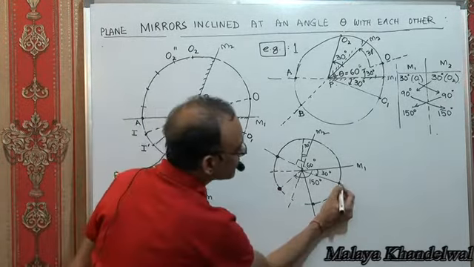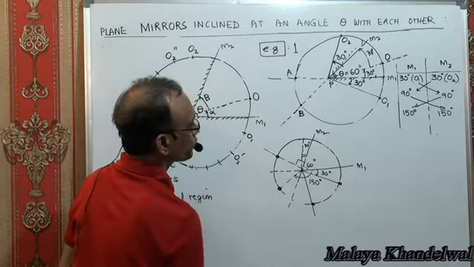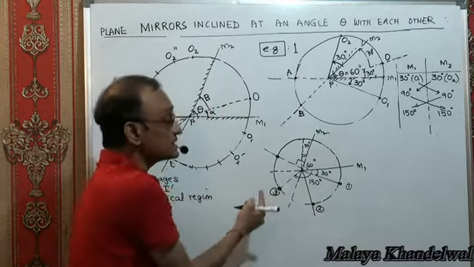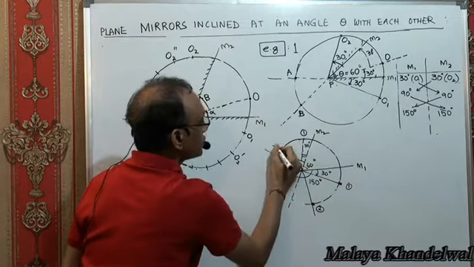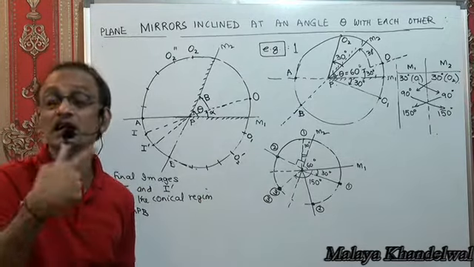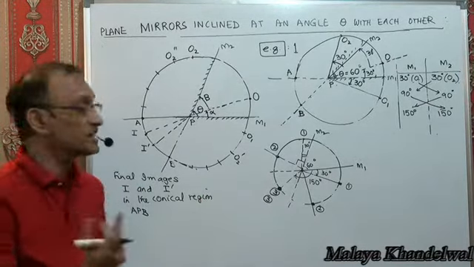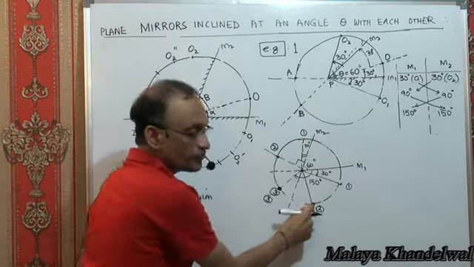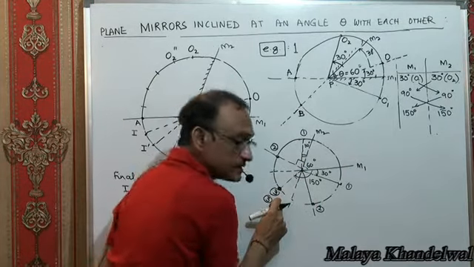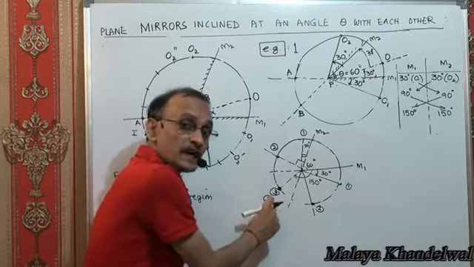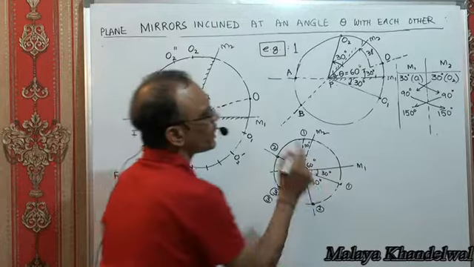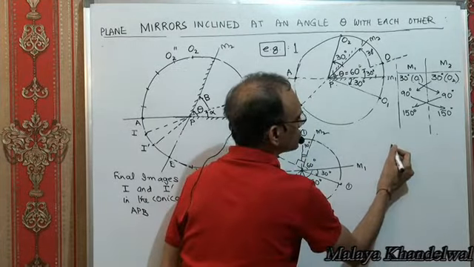So I have essentially 1, 2, 3 as far as M1 is concerned, and as far as M2 is concerned, 1, 2, and 3. Realize their third images coincide. That means essentially, what do I have? 1, 2, 3, 4, and the next two images, one formed by M1, the other formed by M2, are coincident images. Why? Because see, if you again check this out,